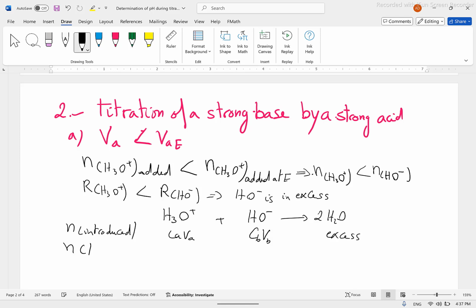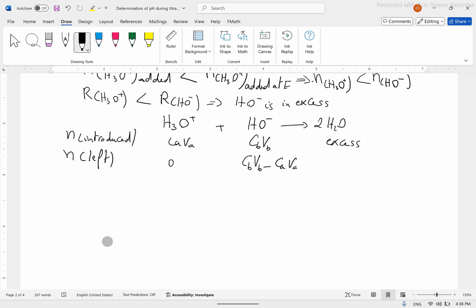Number of moles left: in this case H3O⁺ is limiting, it remains 0. HO⁻ remains CBVB minus CAVA. Now the concentration of HO⁻ left equals the number of moles of HO⁻ over V total, which equals CBVB minus CAVA